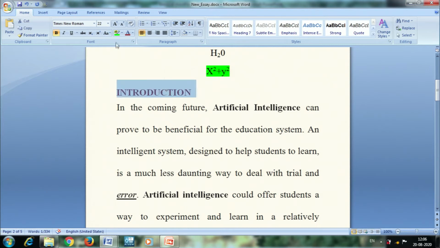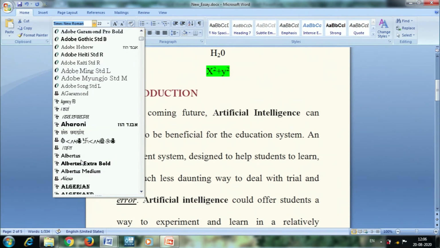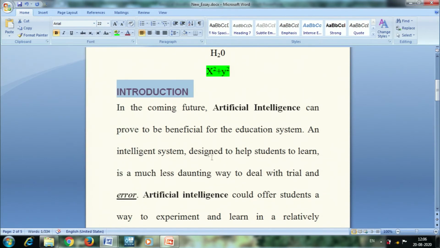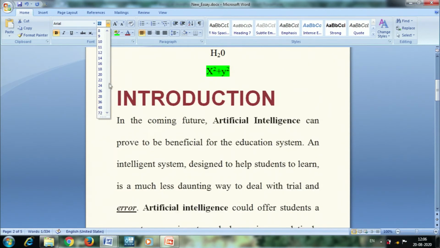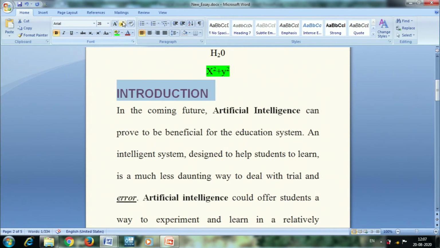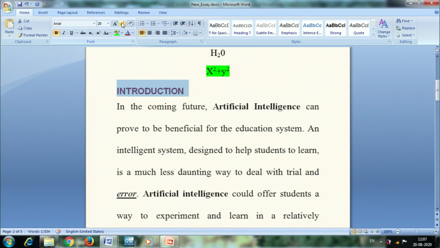And if I want to modify the style of my font, it is Times New Roman that I have used. If I want to use another font like Arial, then I can choose the font. Here you can see the font also got changed. You can make your content a little bit bigger by changing the font size. There is a list of different font sizes available. We can choose the one which we need, or you can also use options like grow font. If I select this, my font will be increased. This is shrink font. If I select this option, my font size will be reduced.